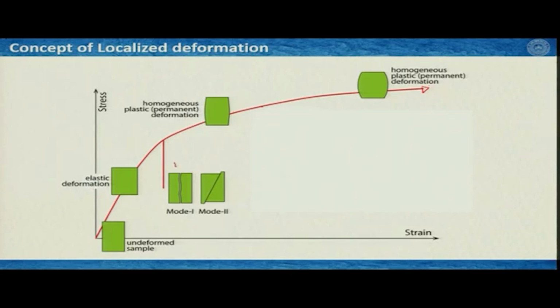One is that the rock may fail in a brittle manner, or it may continue showing homogeneous deformation without producing any fracture, and this is the second type of deformation. Now, a third possibility is there. We have learnt in our deformation mechanism class that it can show strain softening. So, here this is strain hardening,